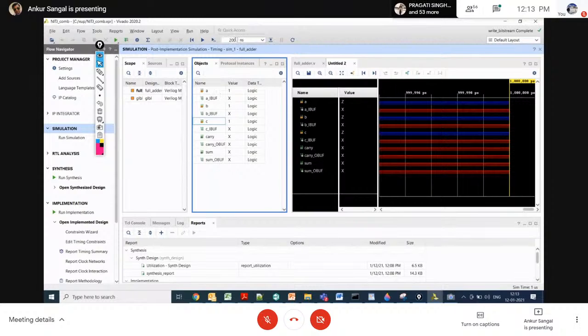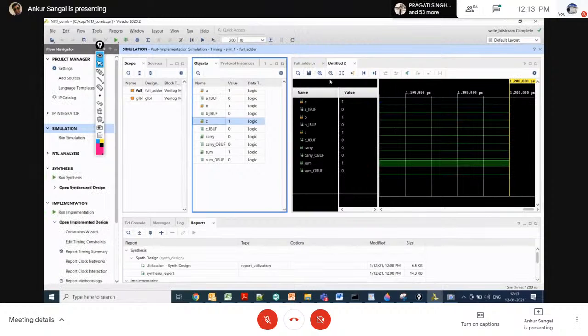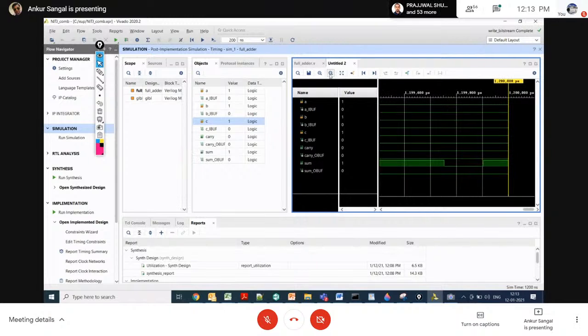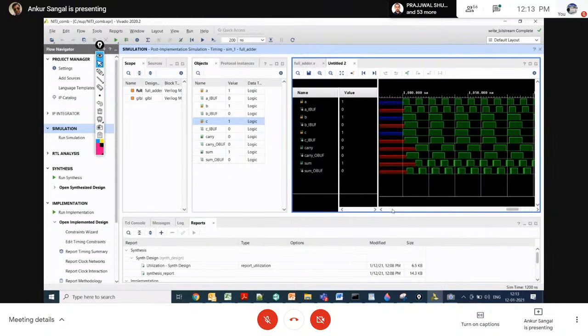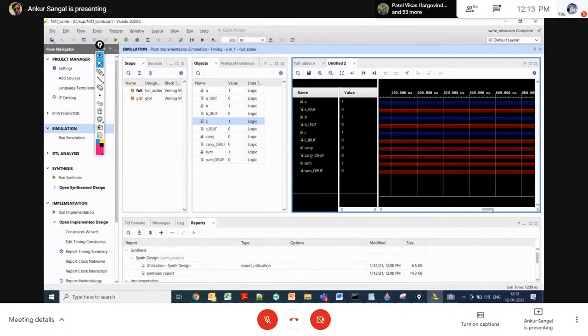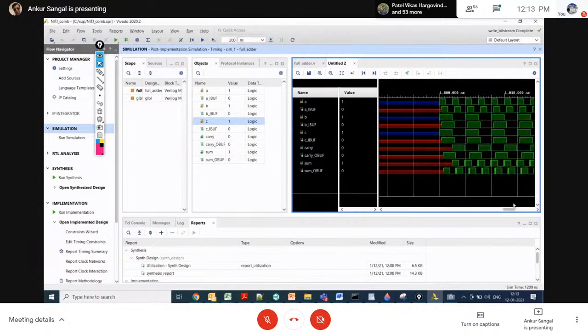Okay, so when you press this run button, you can see all the results here. Now, if you want to do something related to the delay, if you want to see delay A2 sum or A2 carry, you can do one thing. First of all, you need to select this A signal